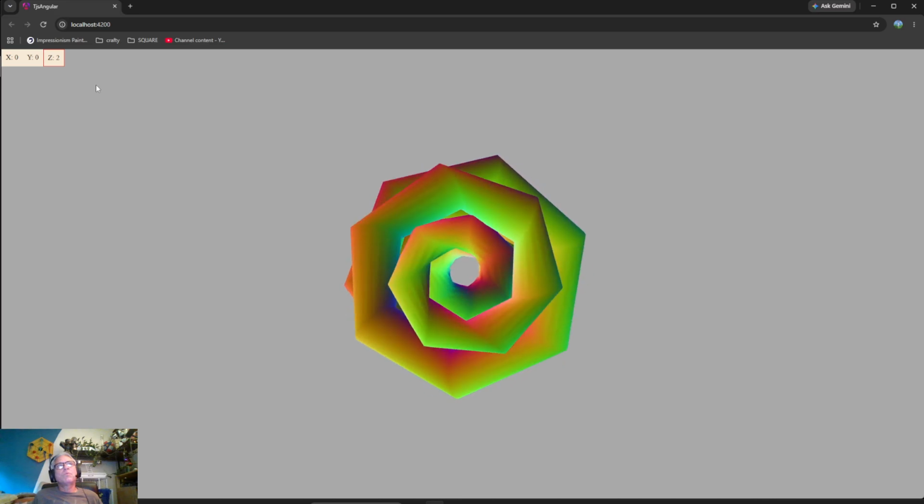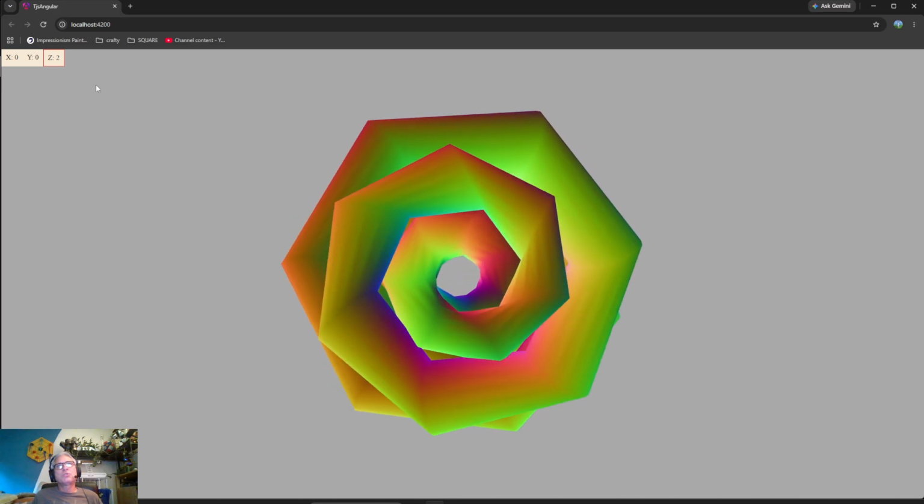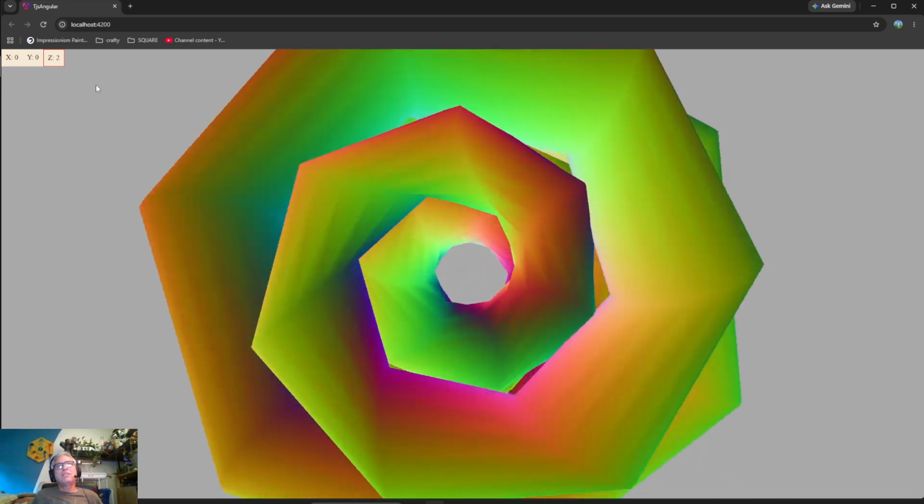I can't remember what's after this. I think it might be extrusions or something like that. But anyways,